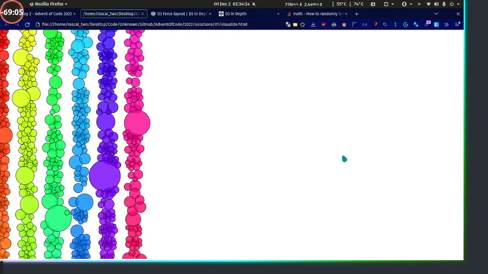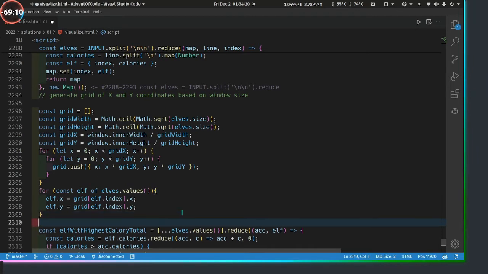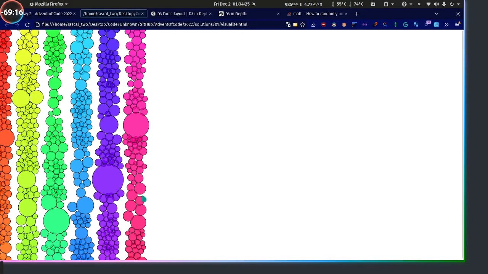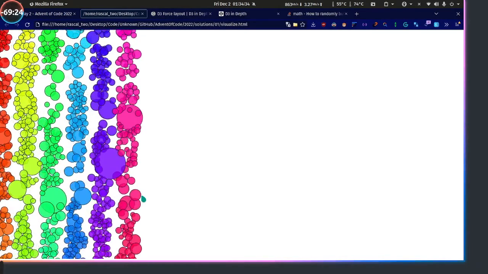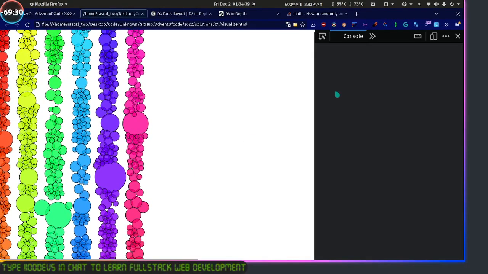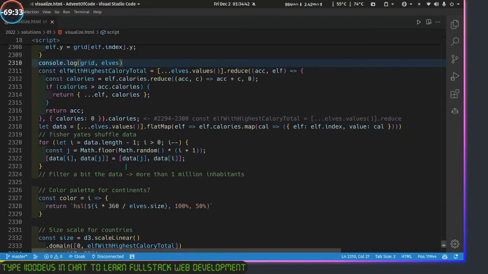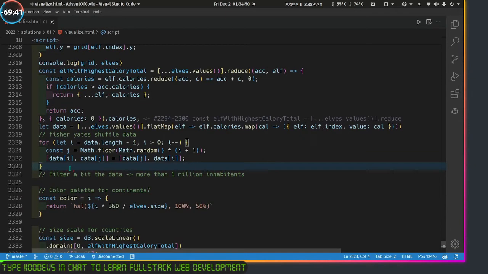Nope, still going. Okay, look at my lovely elves. Look at all the fangs. How did it get so... Oh, yeah, I guess I should randomly shuffle at some point to avoid this weird alignment. Yeah, I have a shuffle somewhere around here. I'm shuffling the calories,